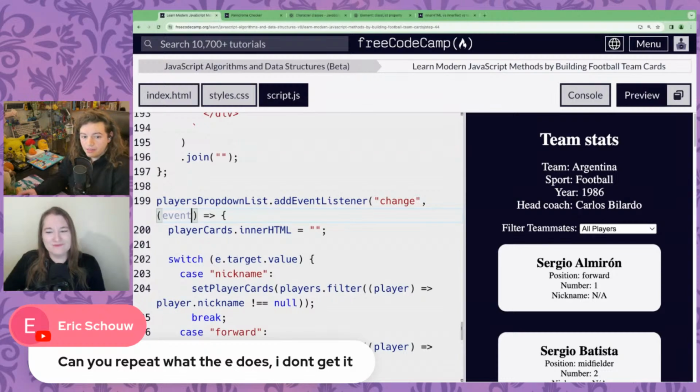Exactly. And from context, that event comes from the event that we're listening for. So what we're doing is we're adding an event listener to the player's drop down list. That event is called change. When that event gets triggered, we call a callback. That callback can give us an event object which contains information about the event that just took place. One example of that is,